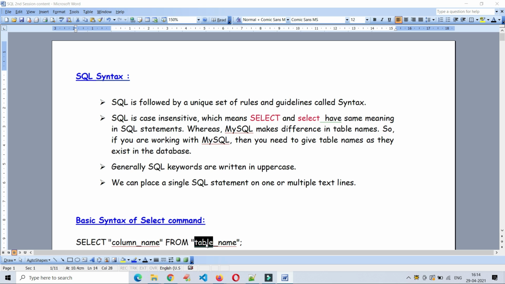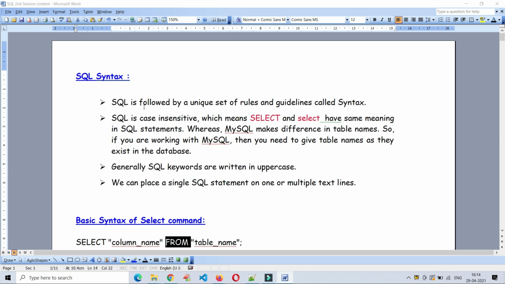You got it, right? Generally SQL keywords are written in uppercase. This is one example: select is a keyword, from is another keyword in SQL. We will discuss all the keywords available in SQL in today's session itself.